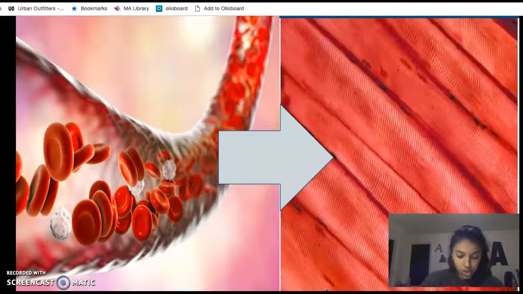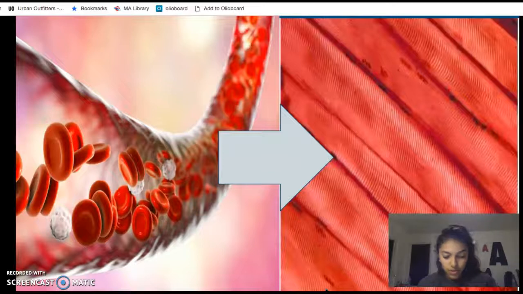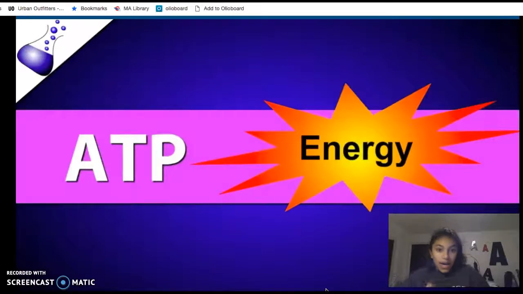So once the oxygen arrives at your skeletal muscle, some oxygen is stored by myoglobin and the other is used to break down glucose and create energy through ATP. So once ATP is created, CO2 is produced due to the metabolic reactions that occur, as well as the process of converting energy into ATP, as well as releasing waste products into the cells. So then after